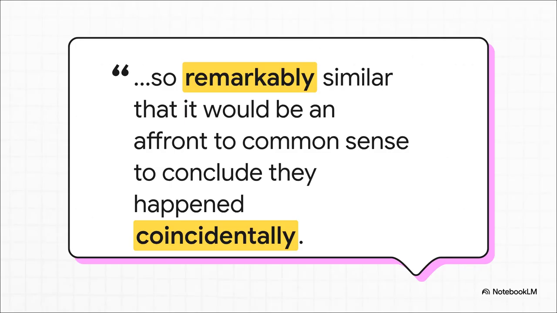And this leads us right to the related coincidence rule. And this quote from the famous Folbig case just nails it. The core question becomes, are these separate events so strikingly, so remarkably similar that it just defies common sense to think they all happened by chance? It's all about ruling out coincidence through an incredible, almost unbelievable pattern of similarity.